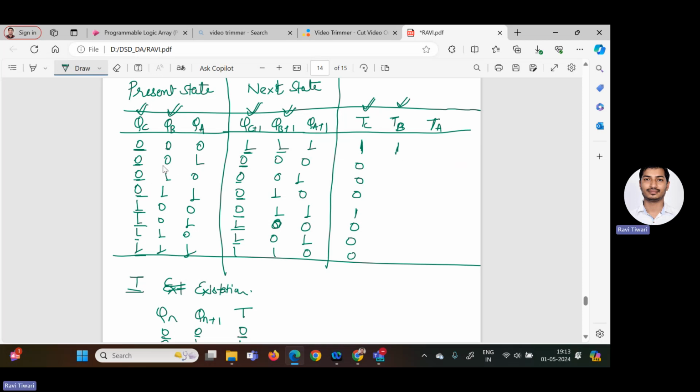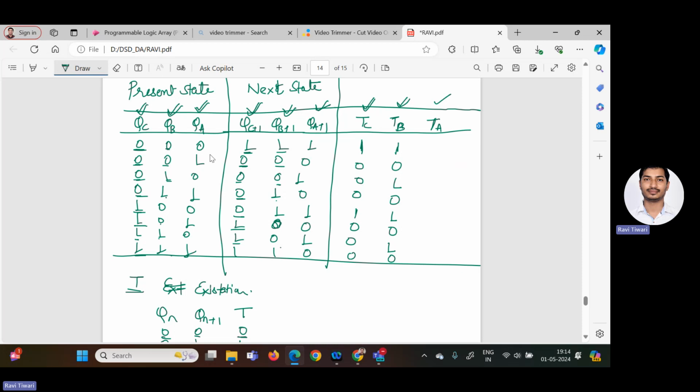1, 0, 0 is same. 0, 1, 0 is different. So 1. Similarly, 1, 0, so same. 0, 0, 1 is different. 1, 0, 0, 0. 1, 0 is different. So 1, 1, 1 is same. So 0. Clear? The same thing you have to do for TA, by comparing the value of QA